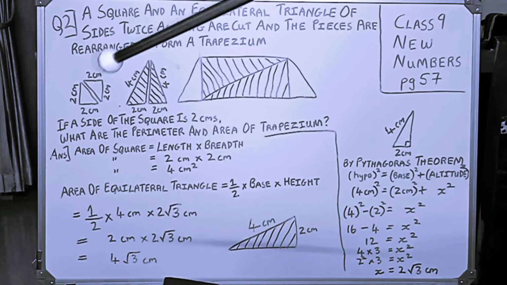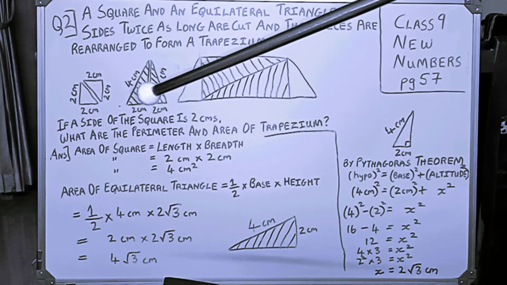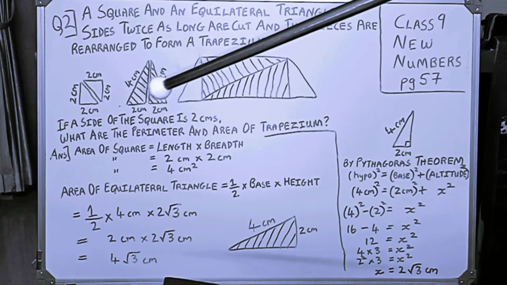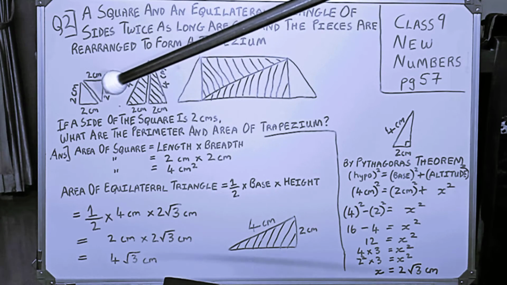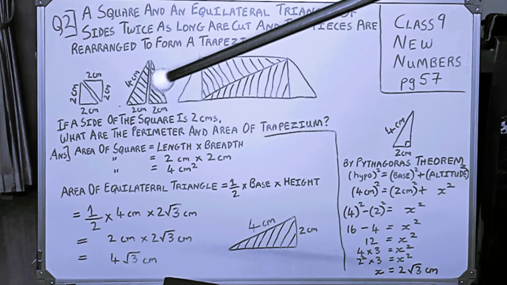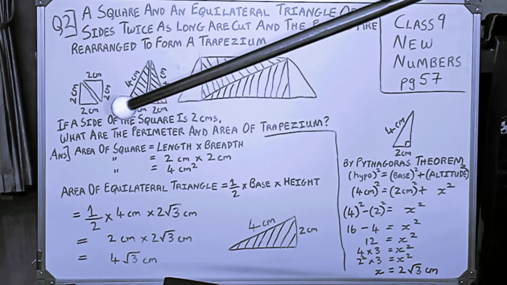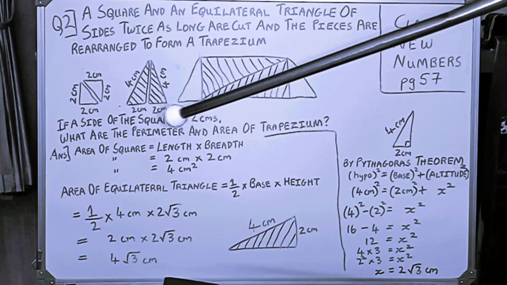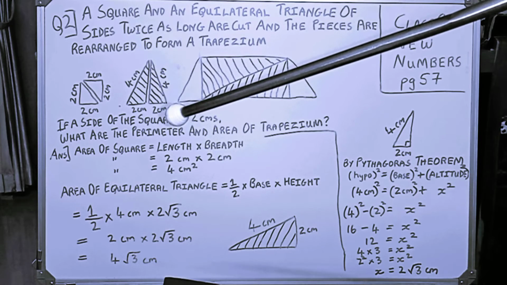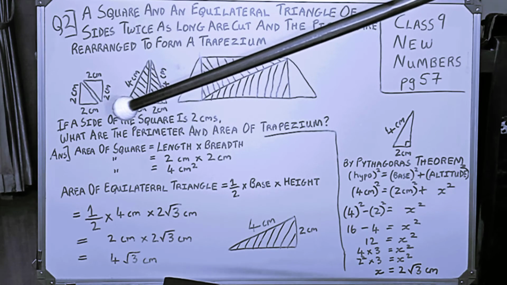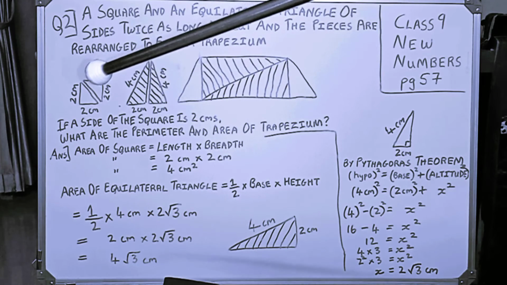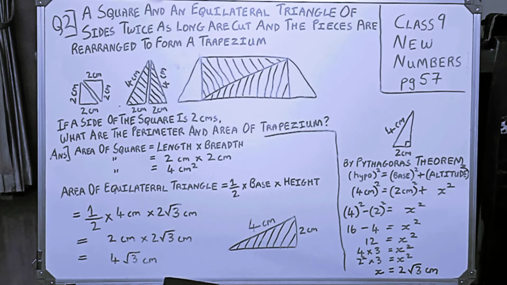Okay, so there is an equilateral triangle, but this equilateral triangle is twice as long. So this should be 2 times of the square. So the equilateral triangle is 2 centimeter into 2. So it would be 4 centimeter, 4 centimeter and 4 centimeter. This is split up into 2 parts. That's why the below part is split into 2 centimeter. That is half of 4 and 2 centimeter. Okay. Here also we have split up the square into 2 halves, equal halves.